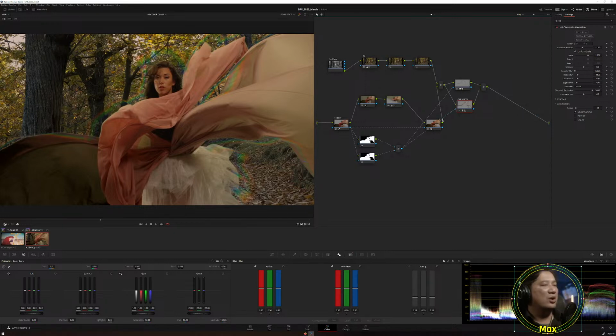Okay? So now we have this chromatic aberrations glow around her, like this. But we want to have similar things happening to the background as well, right? And how do I do that? In order to do that, there is this new tool inside Universe that allows you to have this chromatic warp happening in your image. It's like distorting your image by adding a lot of chromatic aberrations onto it. And there are plenty of controls that you can animate. So the tool is called